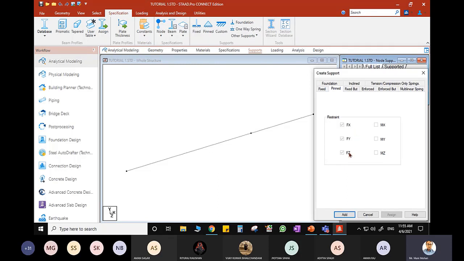So if there is restraint, of course there will be some reaction which is going to come. And here you see the movements, it is not being checked. It means you are allowing the rotation. Okay, if you are allowing the rotation, it means the moment is going to be zero. You are not restraining it. This is what it means.